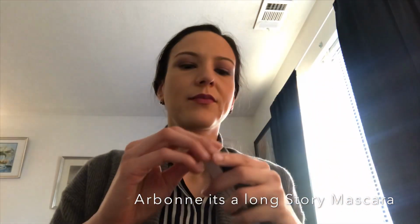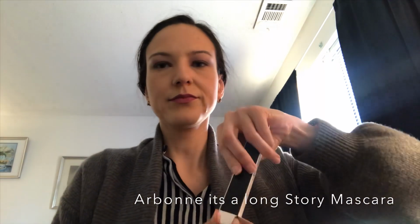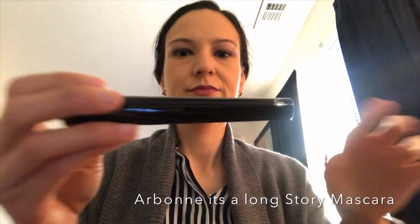Next thing, I'm going in with mascara. I'm absolutely loving this Arbonne. It's a long story mascara. It's beautiful. The wand is plastic. It's very lengthening, very volumizing, and it's a skincare product all in one. It makes your lashes fuller and longer through time, so it helps your lashes grow. As you guys can see,